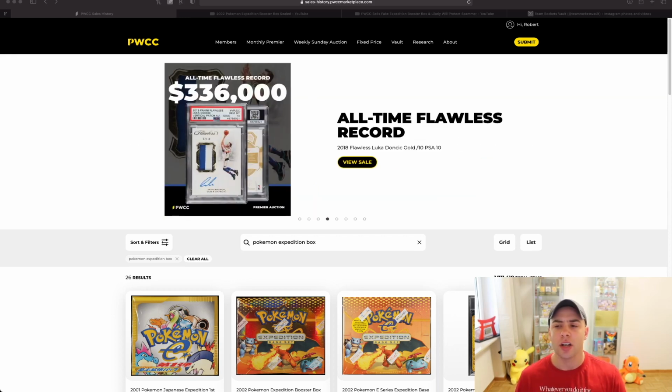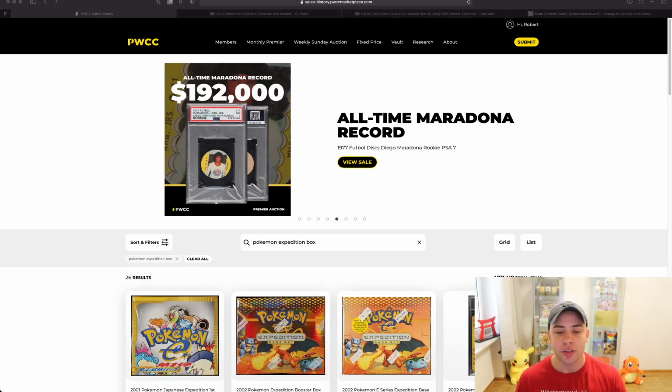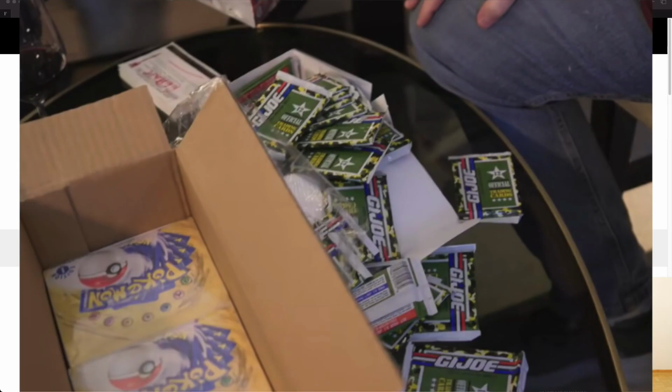So we're going to go ahead and talk about what they did. It's pretty major, right? They did sell a fake Expedition base set Pokemon booster box. That is huge, right? That is like a $22,000 booster box for Pokemon. And in the past, there were a lot of resealed booster boxes. I know a lot of you probably have seen the ones that were sold to Logan Paul,